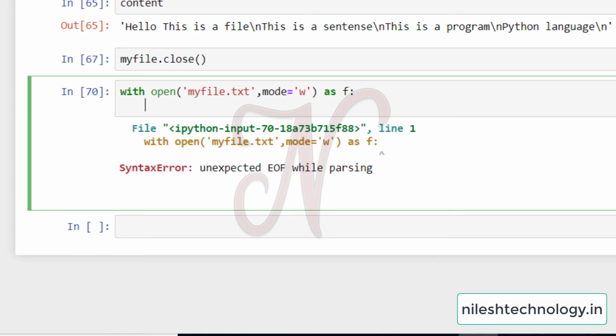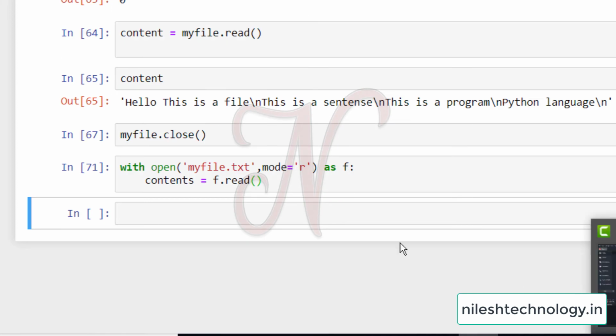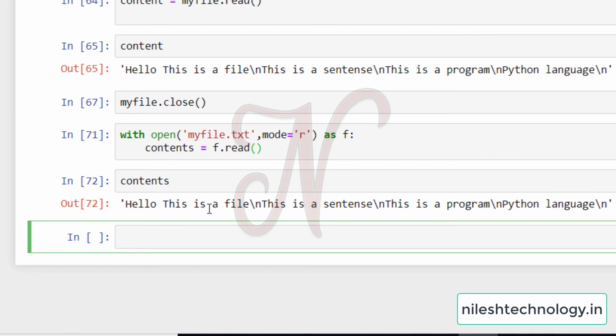Okay, so first print this code by using this function. So my mode is R. First print the content of the file. See here, content is equal to f dot read. Here we can print the variable contents. I can again copy paste this code.